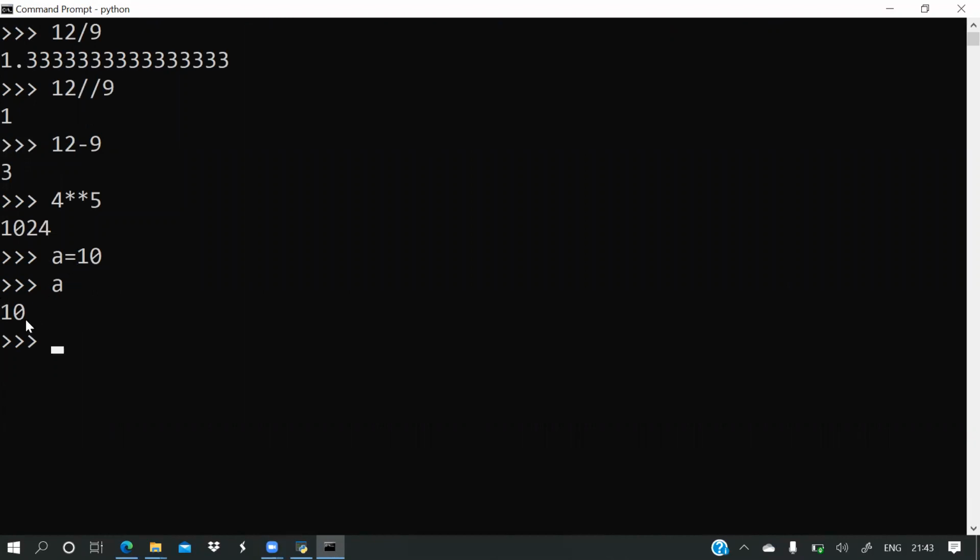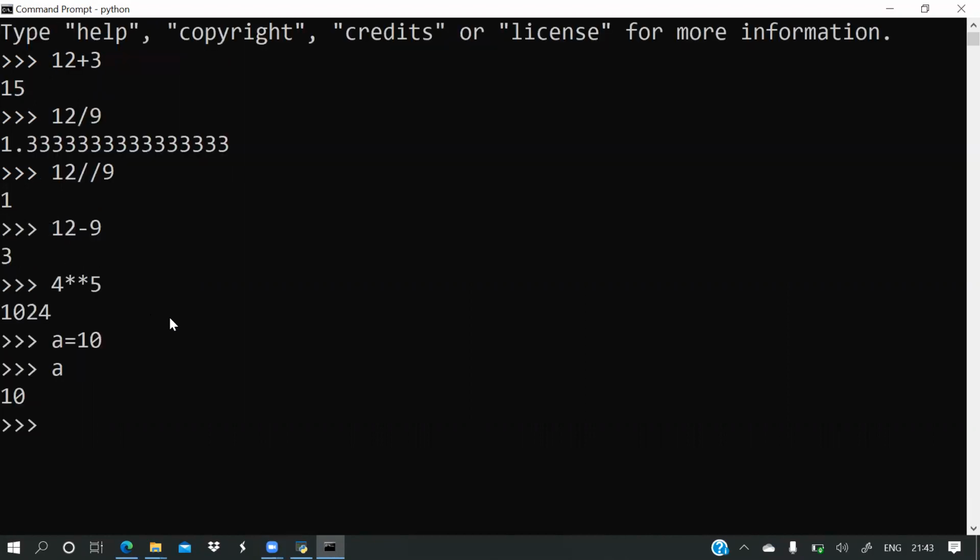No need to type a print statement here, it will show. Then a small program, addition of two numbers, a is equal to 10 as well as b is equal to 12. Now c is equal to a plus b.